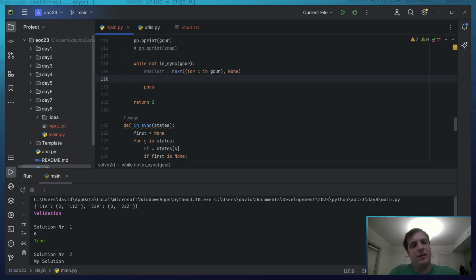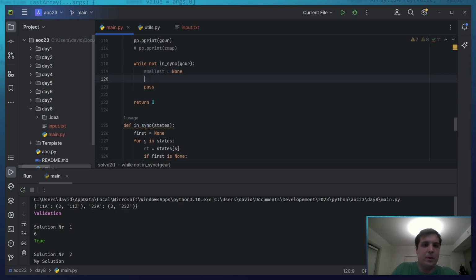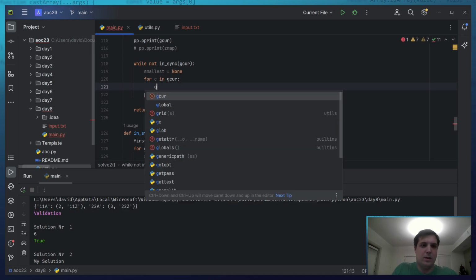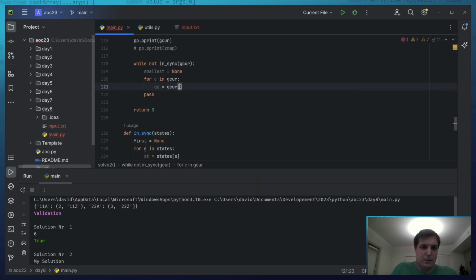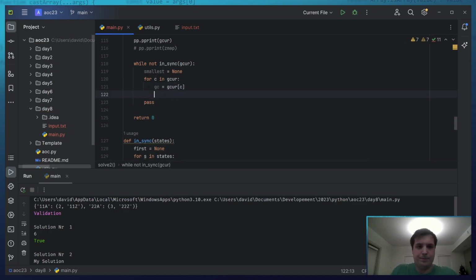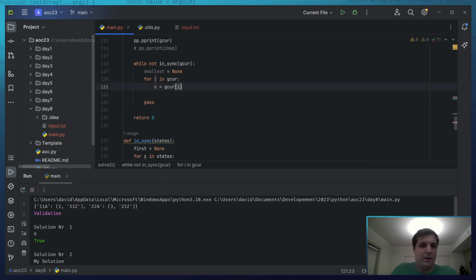So smallest. Okay, smallest is just none. I just do it the way that I know. For C in G cur, GC equals G cur C. Well, I guess I could say I, and I can say C here. That makes sense. Now, what I want to say is